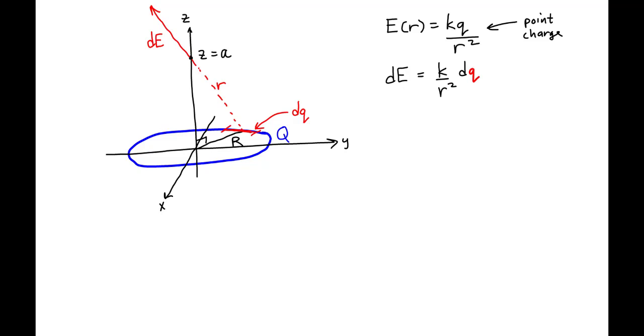This is a good starting point, and after my sketch, this is usually where I begin the problem. Now, every piece of this right here should have a home in our diagram. So notice the electric field, the dE, is sketched in our diagram. R, the distance from the charge to the point, is in our diagram, and dq is in our diagram.